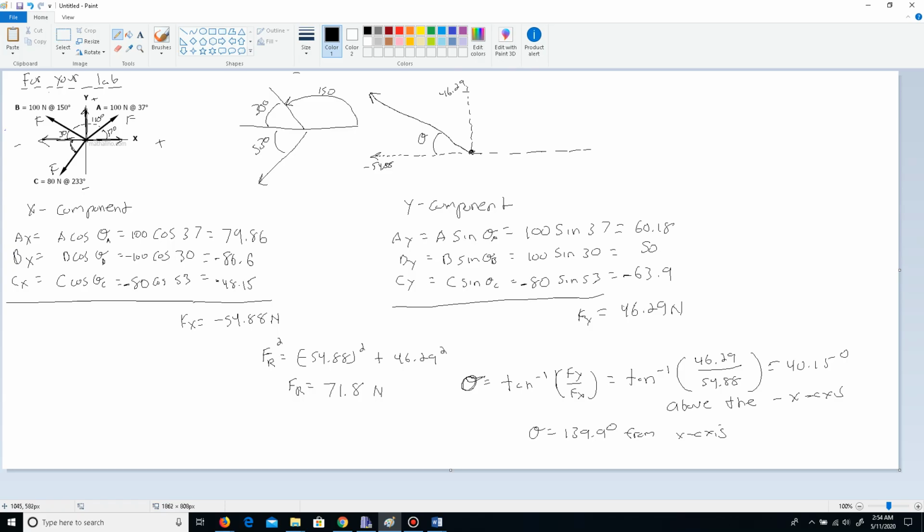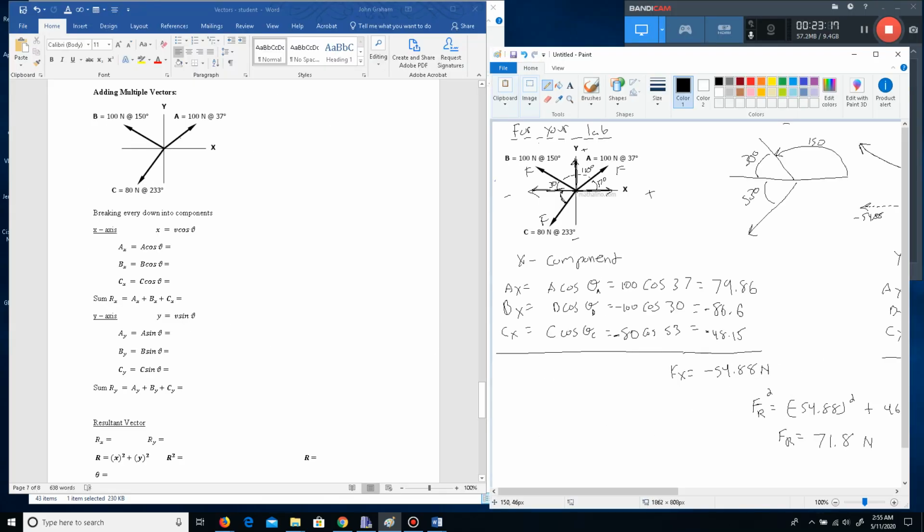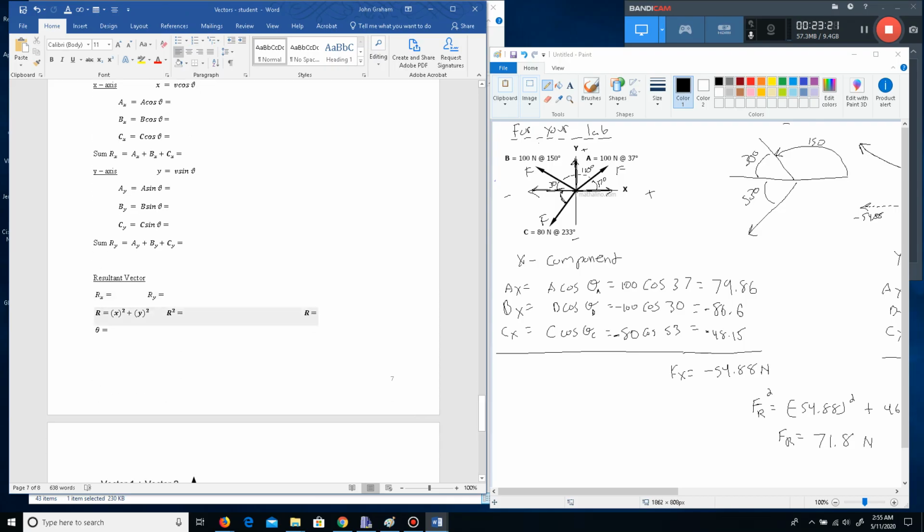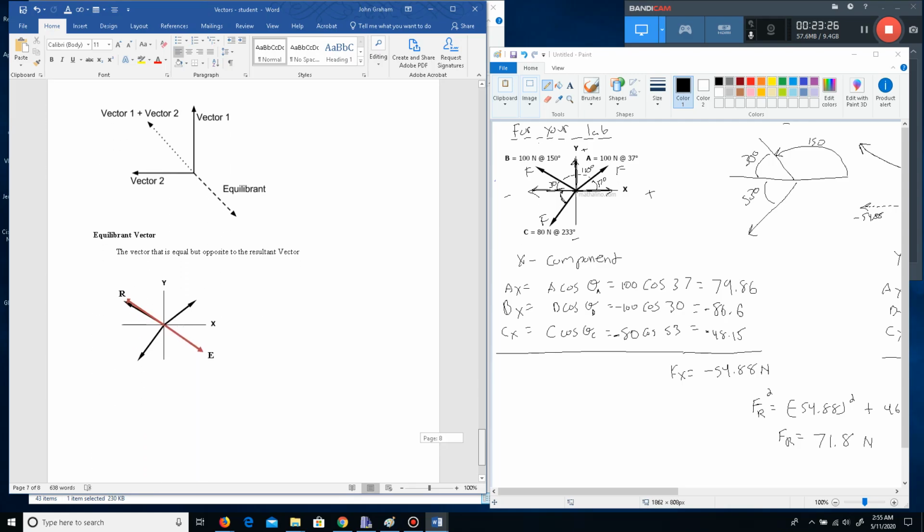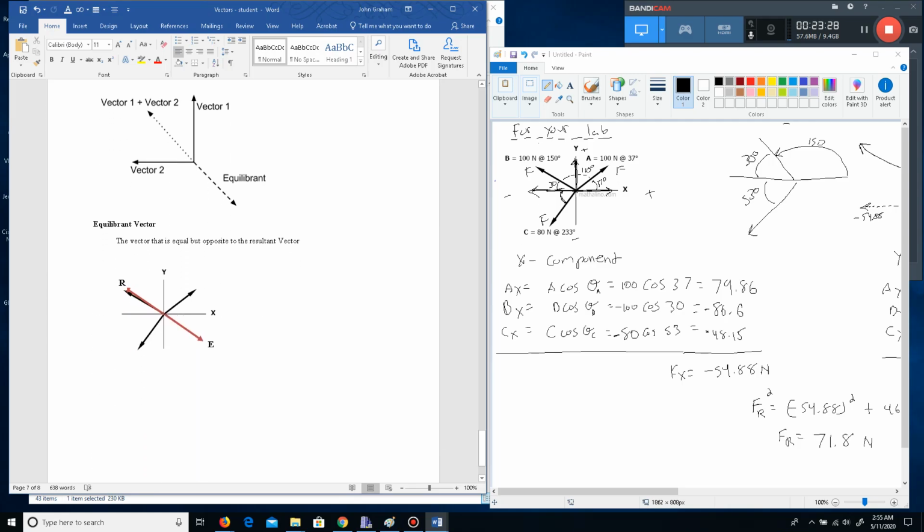So the next thing, let me minimize this again. So we went through that whole problem, including looking at the resultant already. As I said before, when we have two vectors or even multiple vectors, when you add them together, you get what you call your resultant. If we take the opposite side of this, that's what we call your equilibriant. I said that when I was talking about the lab, because we're going to see these terms in the lab. So if I want to find this equilibriant,